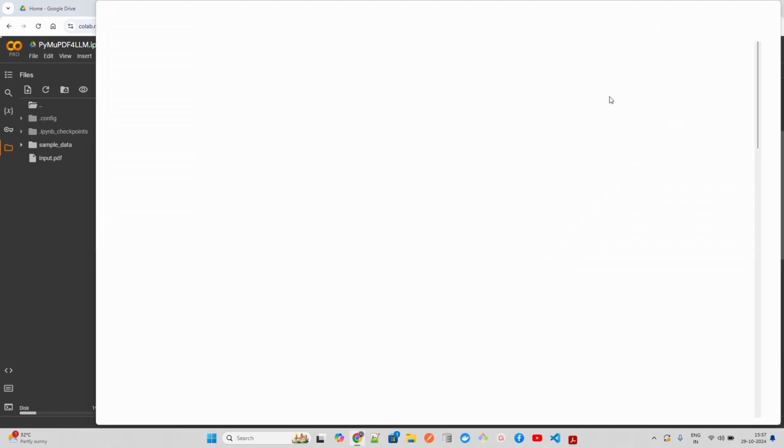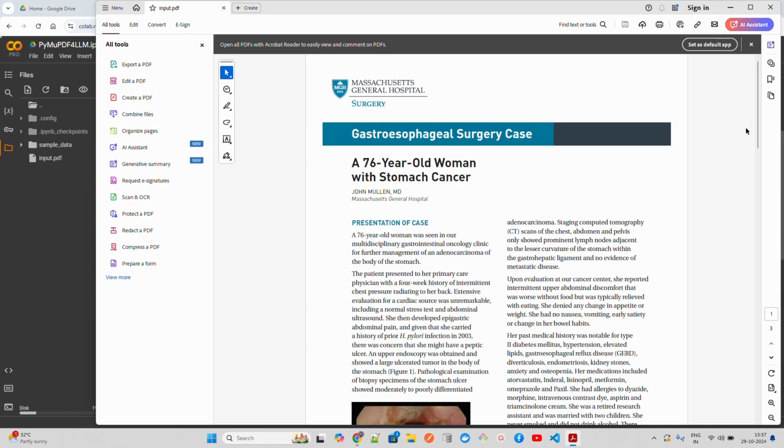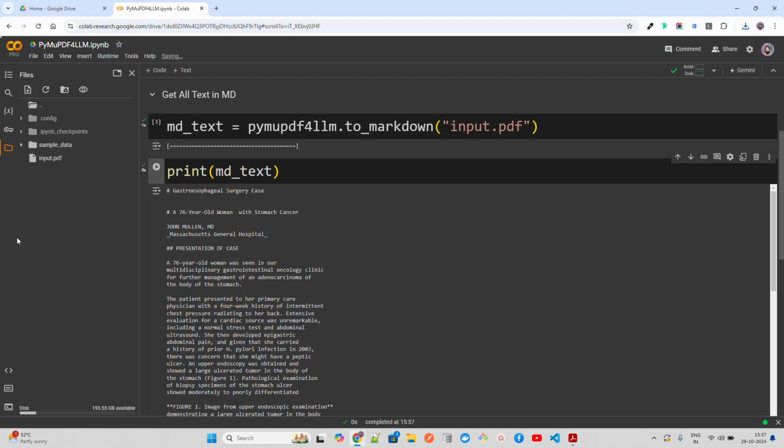this is the PDF that we have. It's a case study by Massachusetts General Hospital, about a 76-year-old woman with stomach cancer. That's the case study, and of course it has some images and some text, etc. Now you can look at how beautifully the text has been extracted. You have a 66 years old woman, John Mullen, presentations of case,